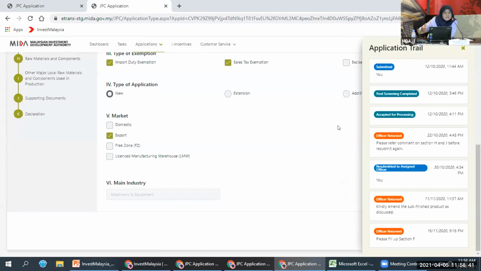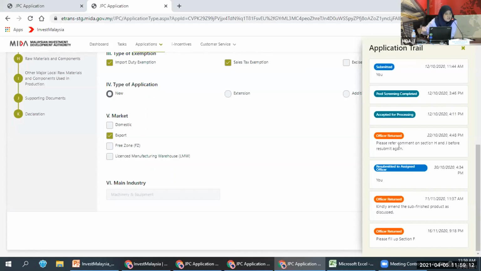You can see here a detailed status: when you submitted your application, and when Tariff is still reviewing it. If your application is written, you can see the date and time it was written to you, with the comment. So you can know where your application is currently at.